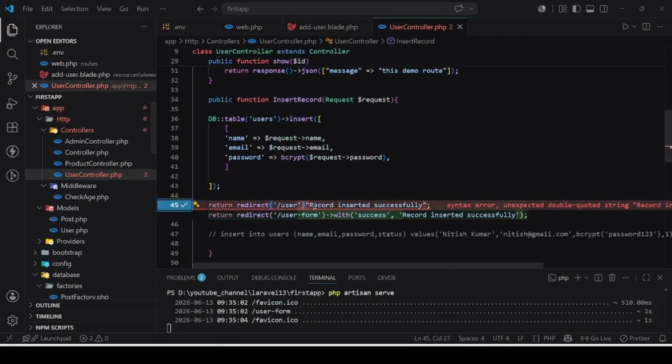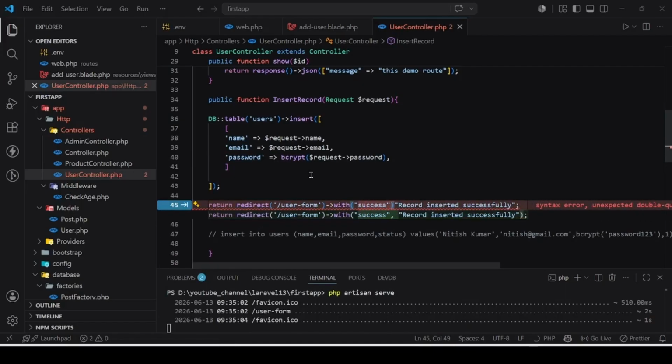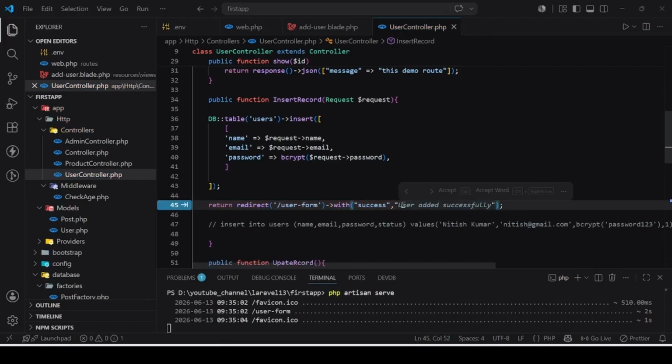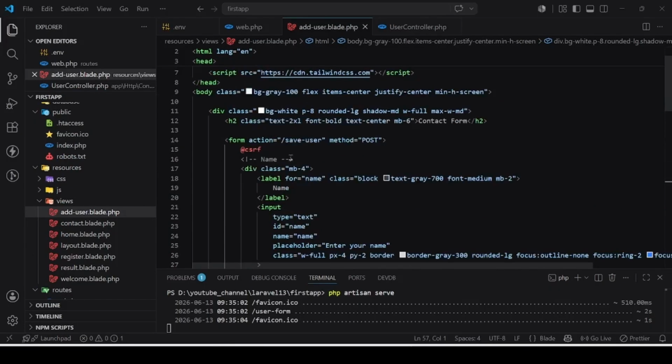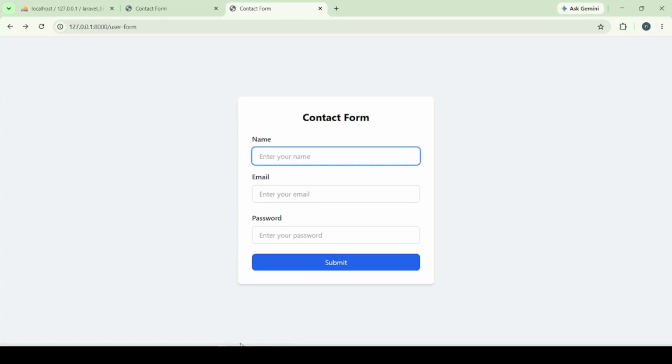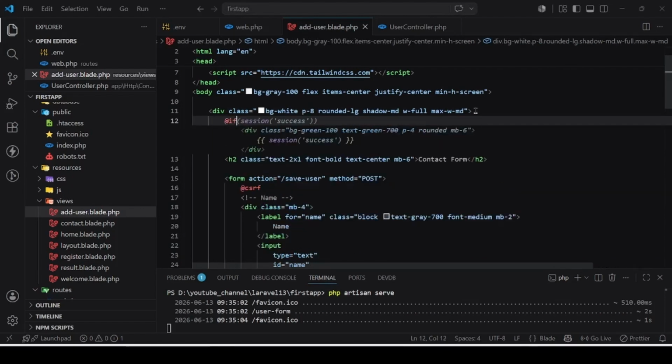Right here user form, and after this just write with, and with the, there is one message named success, and the message value is, right here, user added successfully. So inside this success, we are getting the success message. In this HTML form, in this blade file, we need to print this. So before this contact form, I'm going to write an if condition. Inside the if condition, there is a call to session. Inside this session, we are getting this